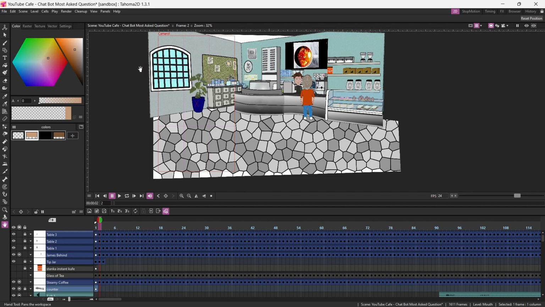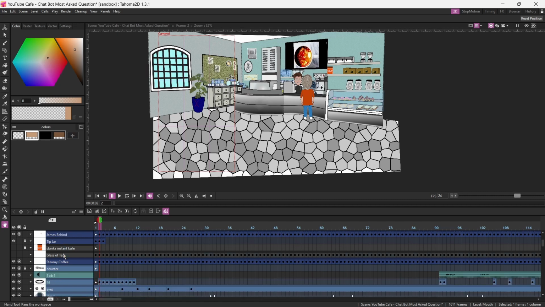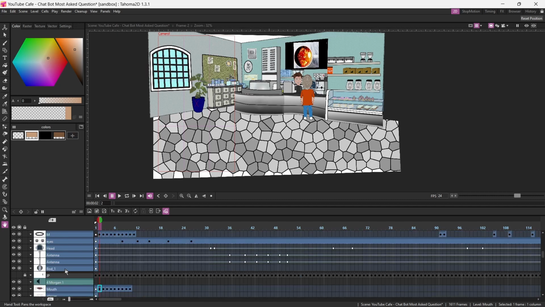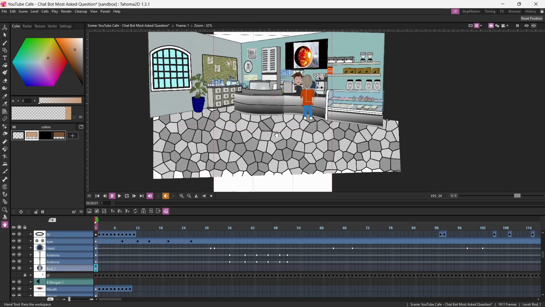But basically what you're going to see is I have one stage for this camera view, and then I have a whole other stage for the other camera view. So right now, all I'm doing is worrying about getting the lines for these two characters on the other side of the counter worked out. And it looks like they're a little bit covered up, so I'm going to move Chatbot over just a little bit. So you come over, make sure you're on frame 1 before you do these things,